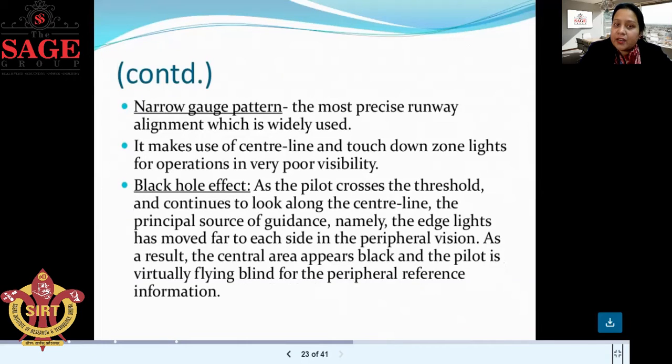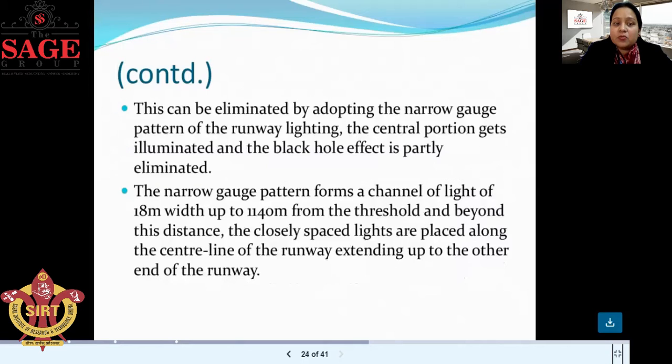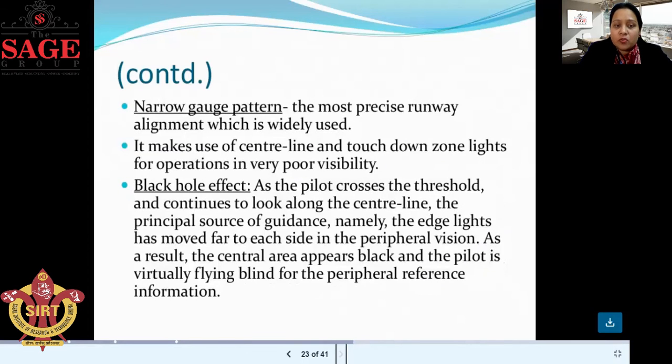Next is the narrow gauge system, the most precise runway alignment, which is widely used. It may use center line and touchdown zone lights for operation in very poor visibility. Black hole effect: as the pilot crosses the threshold and continues to look along the center line, the principal source of guidance, namely the edge lights, has moved far to the side of the peripheral vision.